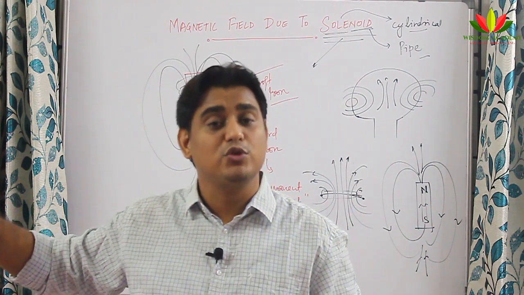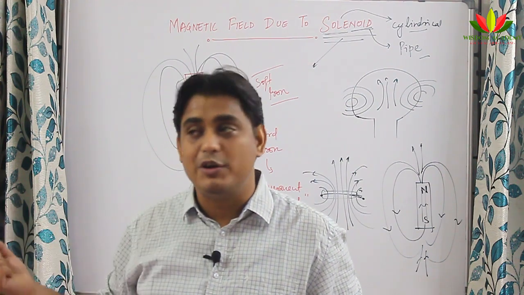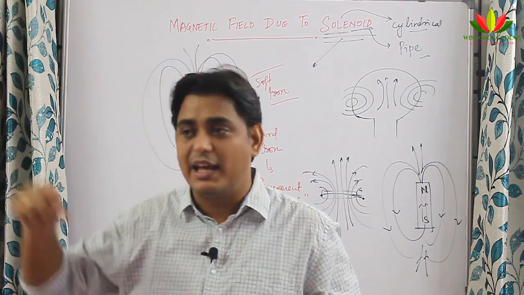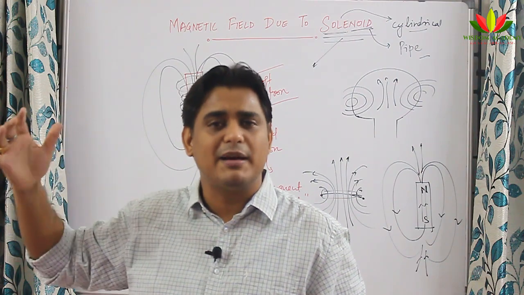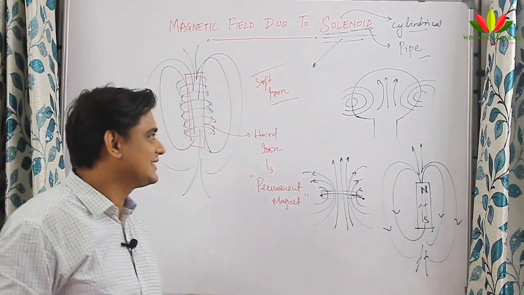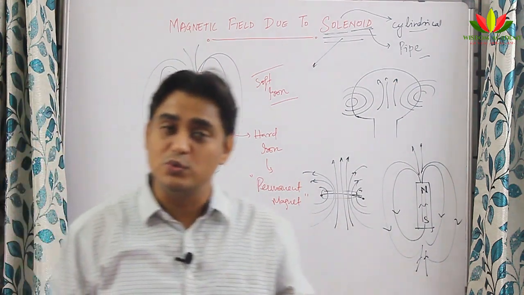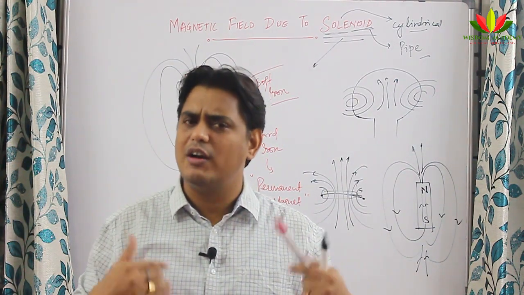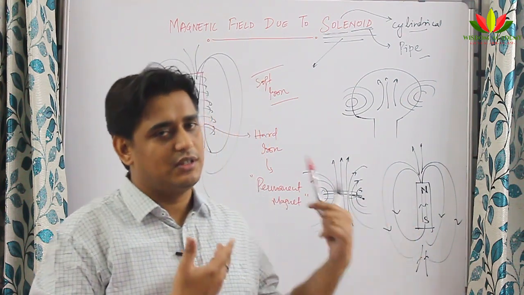In case you would have used a permanent magnet, you cannot remove it. You have to come and pull it out. Here, switch off the current, it gets demagnetized, everything falls down. You would have seen the movie Endiran or Robo, that this scene has come there. So whenever you want to magnetize or demagnetize a material, we go for solenoids.